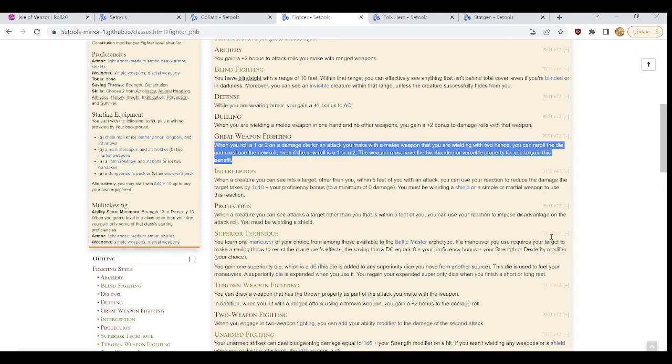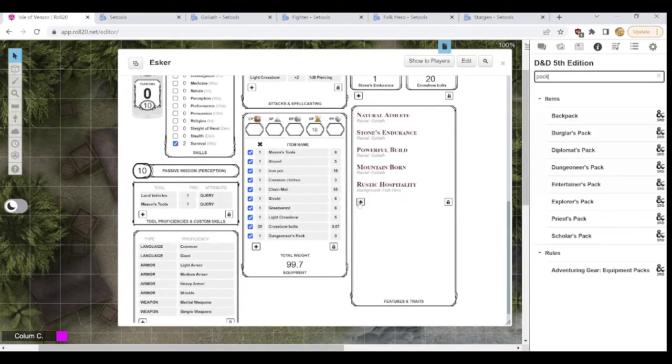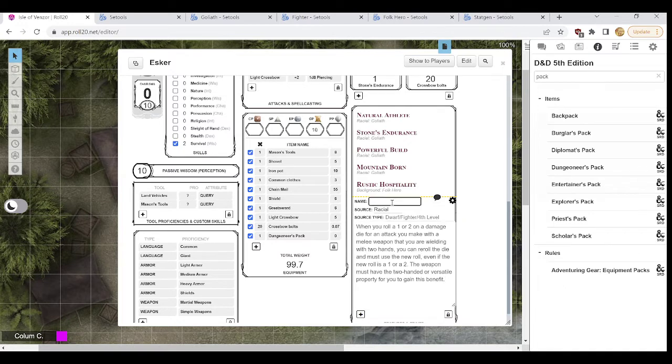The green options here are from Tasha's Cauldron, the expansion, and the ones in the sort of reddish brown are the options from the Player's Handbook from when 5e originally came out. So we're going to take great weapon fighting. What we're going to do is go back down here, click to add, copy over the text, and then write in fighting style,